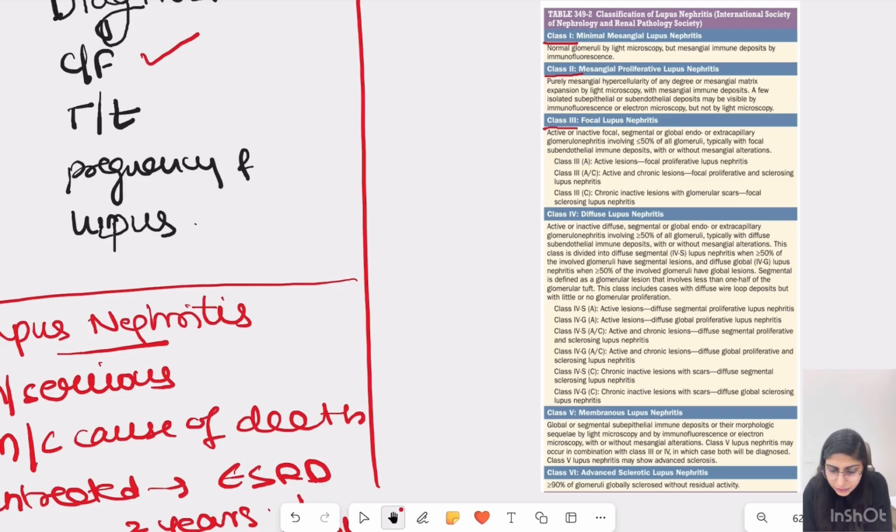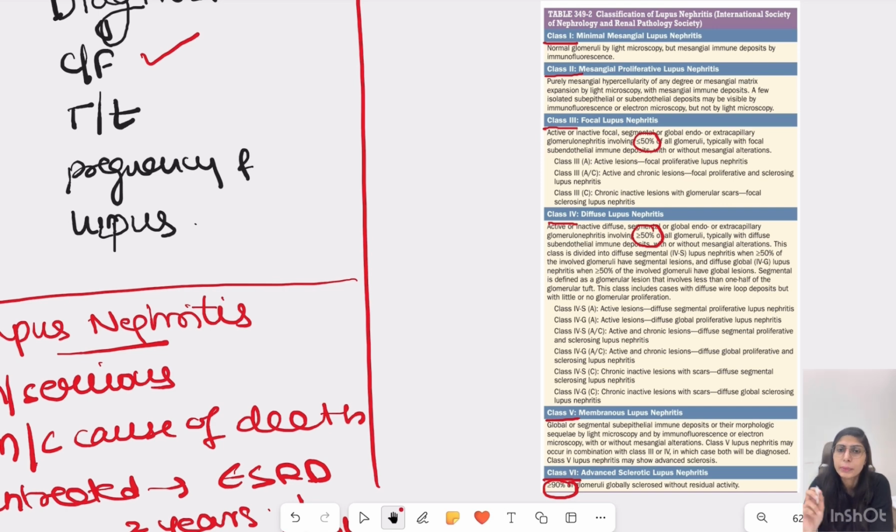Then we have class 3, which is focal lupus nephritis. Now by focal we mean less than 50% of all glomeruli. Whereas class 4, which is diffuse, means more than 50% of all glomeruli are involved. Class 5 is membranous lupus nephritis. Class 6 is where more than 90% of glomeruli have sclerosed. So very easy to remember: minimal mesangial, mesangial proliferative, focal lupus nephritis, diffuse lupus nephritis, membranous lupus nephritis, and advanced